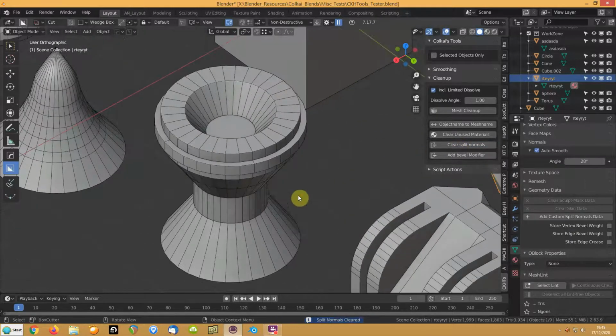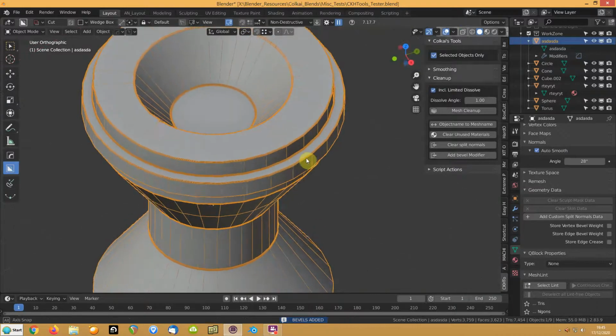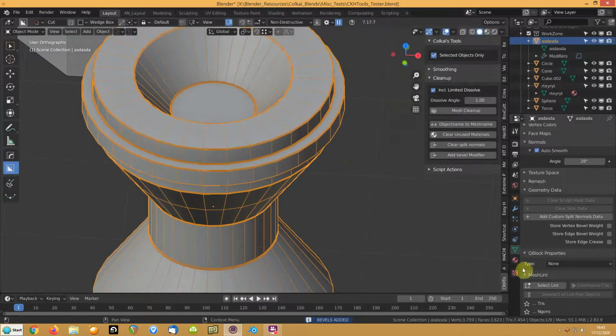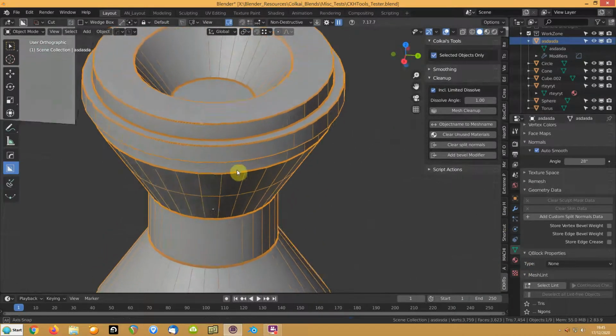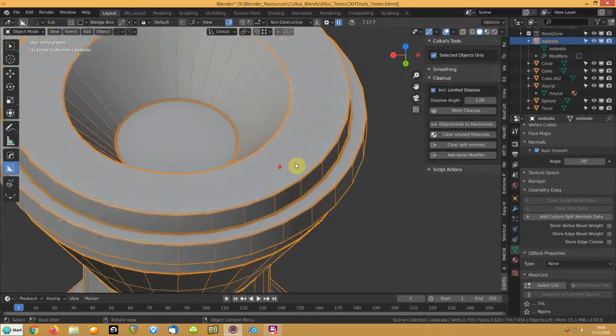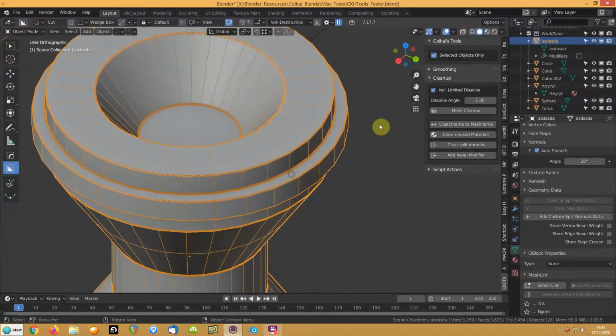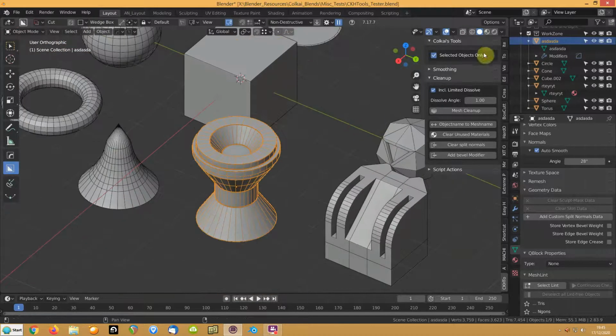Another thing is just adding a bevel modifier, and I've just set this at a generic value. Again, selected objects only. I add a bevel modifier, and I just chose a random value that I found useful for me. Again, as I say, this was written primarily for myself, and I'm just putting it out there for anyone else who might find it useful. But if I uncheck that,